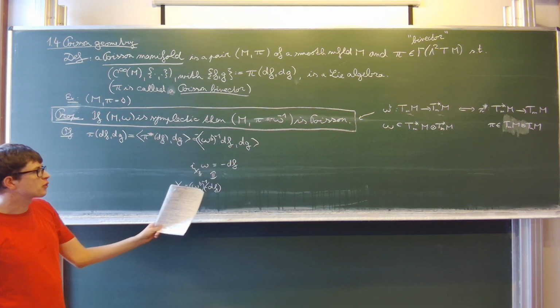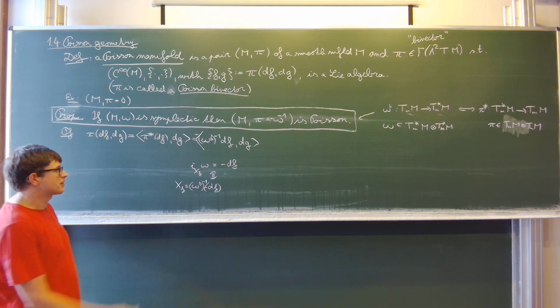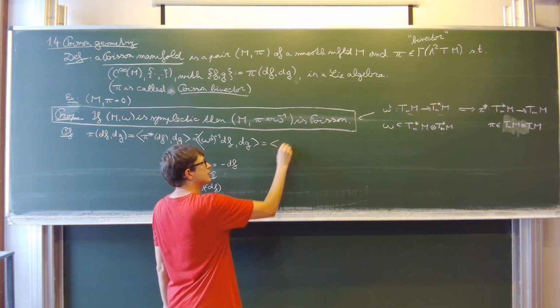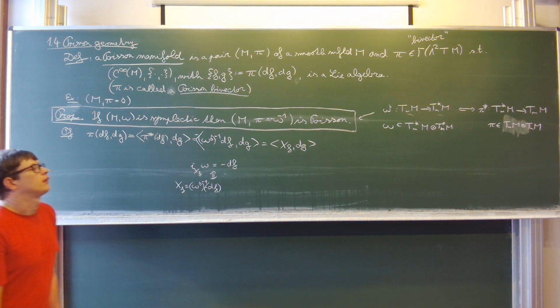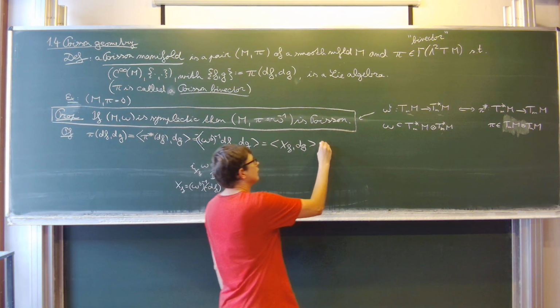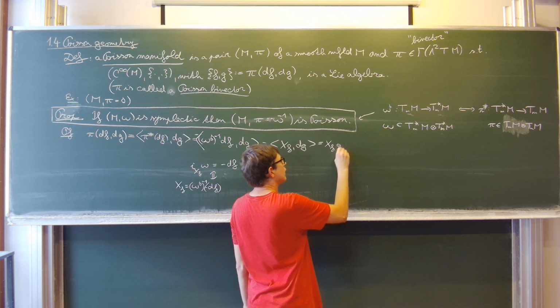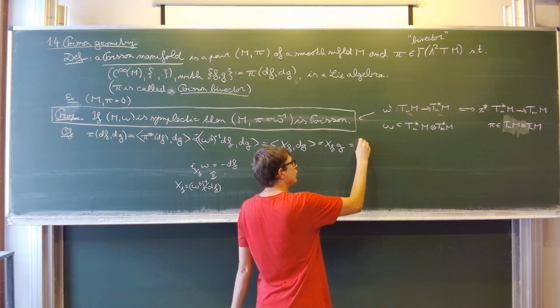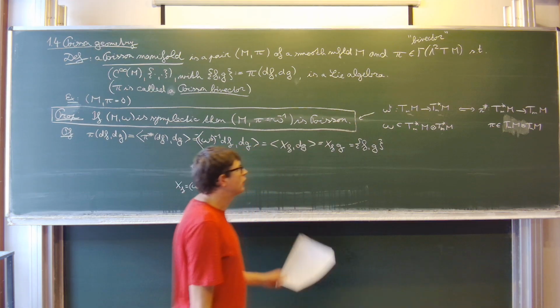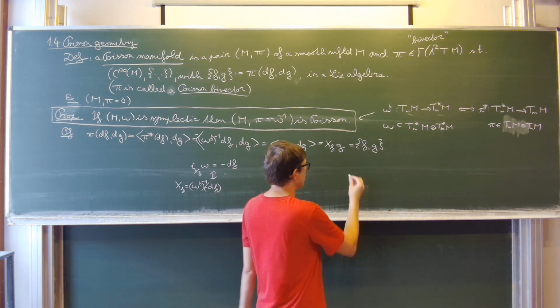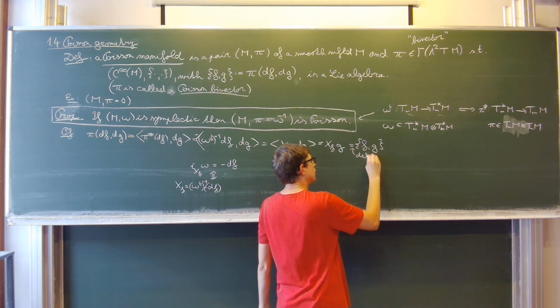And that minus was introduced for the purpose of killing this minus. So what you get is simply Xf acting on dg, which we know is the same as Xf acting on the function g, which is simply the definition of a Poisson bracket